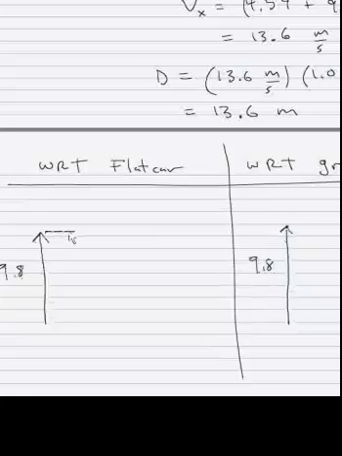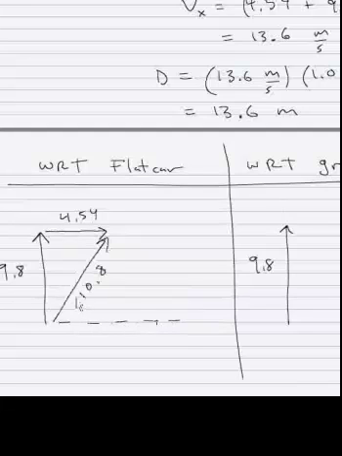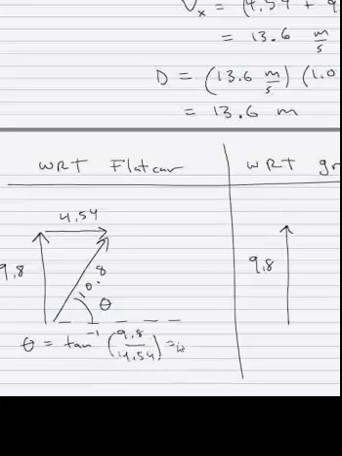In the flat car, the x velocity is 4.54, and the speed of the projectile was 10.8. So what we really are interested in is this angle theta, and theta is the inverse tangent of 9.8 over 4.54, which is